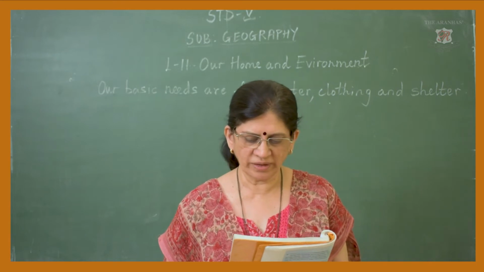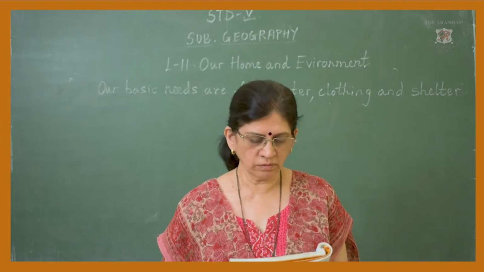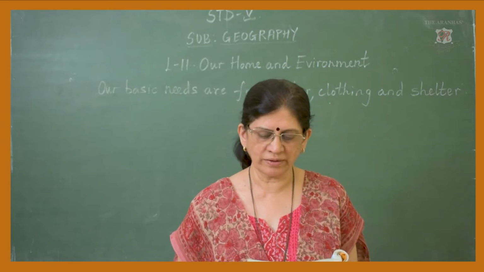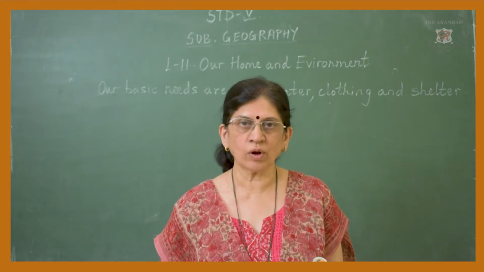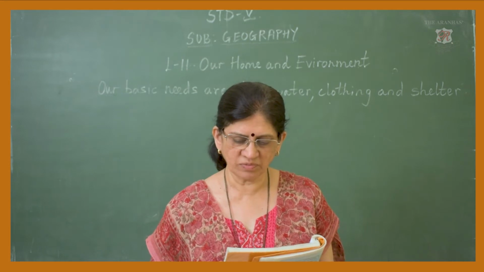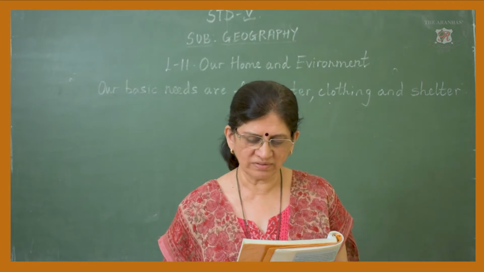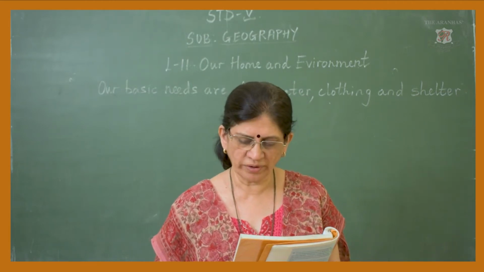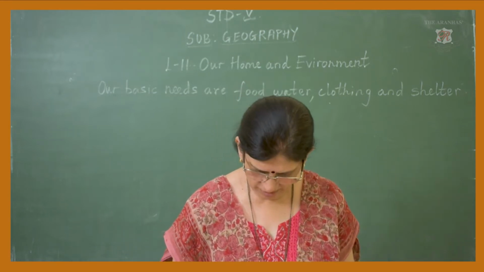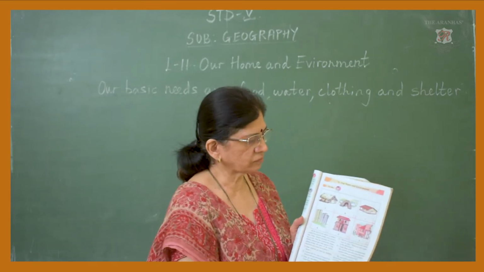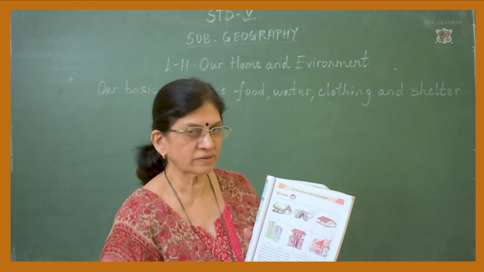Now what are the different things from which a house gives us protection? As I said earlier, a house protects us from sun, the wind, the cold and the rains. It also protects us from wild animals and keeps us safe from antisocial elements. In what way are the houses in A, B and C different? Which of them appear safe? So let us see A, B and C, how they are different from each other. Let us discuss that.